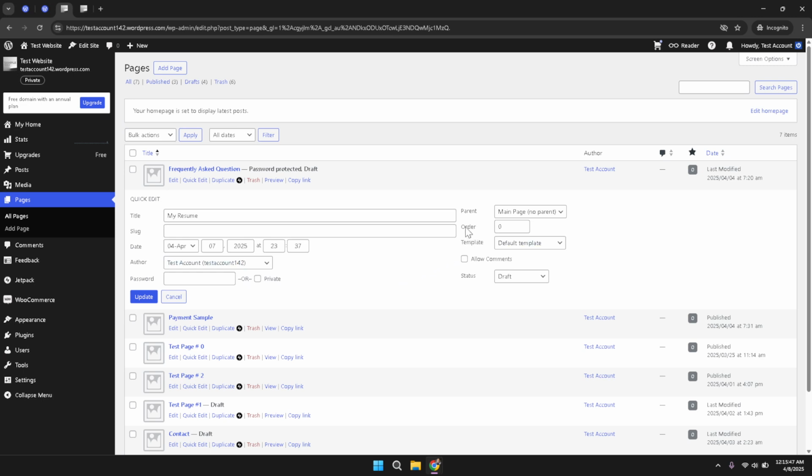This field is where the sorting magic happens. Adjust the number inside this order field to determine where that particular page will appear relative to the others on your website. Lower numbers will typically put the page towards the top of the list, while higher numbers push the page further down. This provides a flexible system for arranging pages in the sequence that best fits your content display